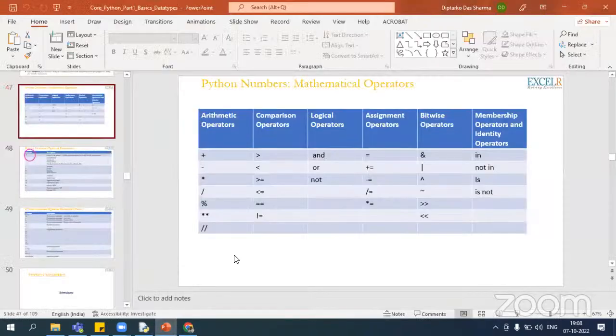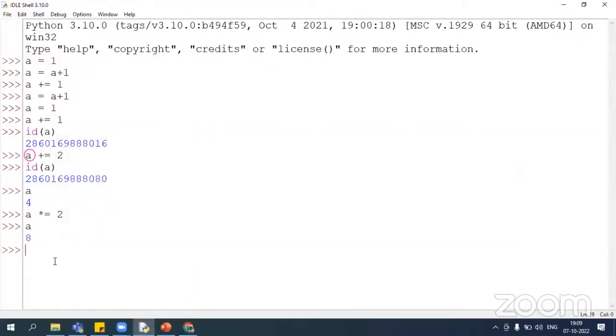So coming to the next important one, which is membership operators and identity operators. You have got the answers correctly. Now this I want you to pay a lot of attention to, because we will be using this concept in our loops. So suppose in the name Ramesh,